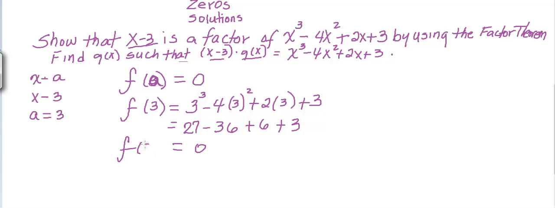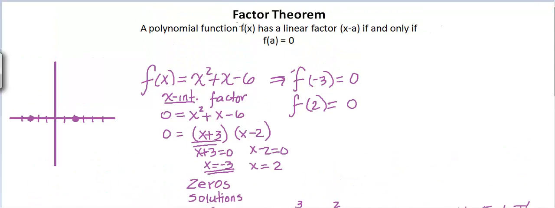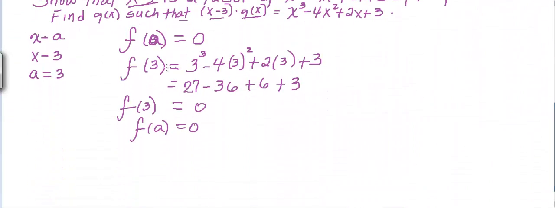So I have proven that f of 3 is 0. That means that f of a is 0. And the theorem says that a polynomial will have a linear factor if and only if f of a is 0. We proved that f of 3 is 0. So that means that